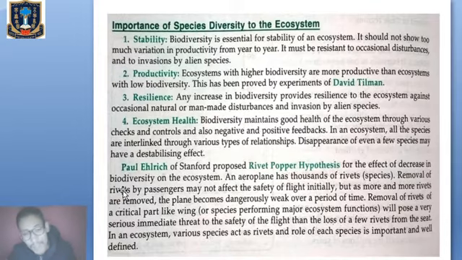If we have less biodiversity, then we have less productivity. Then resilience: that means nature has the ability to resist certain environmental conditions that can be tolerated by nature. So any increase in biodiversity provides resilience. That means nature has the ability to resist, to tolerate certain